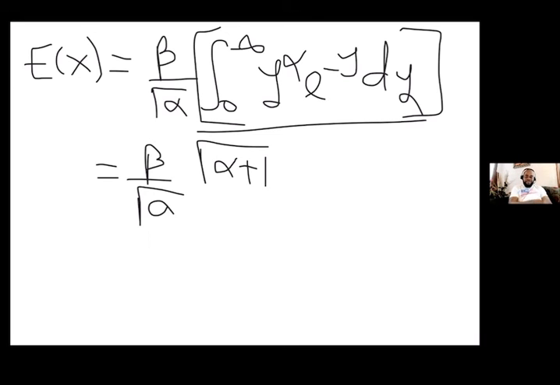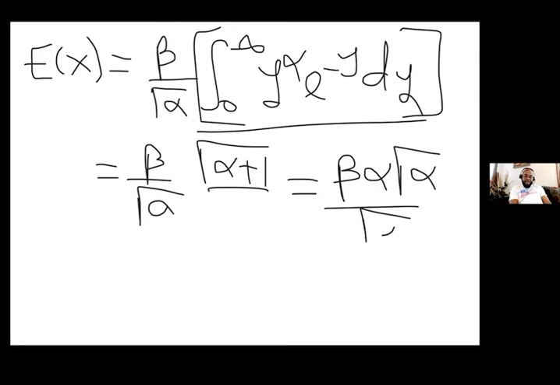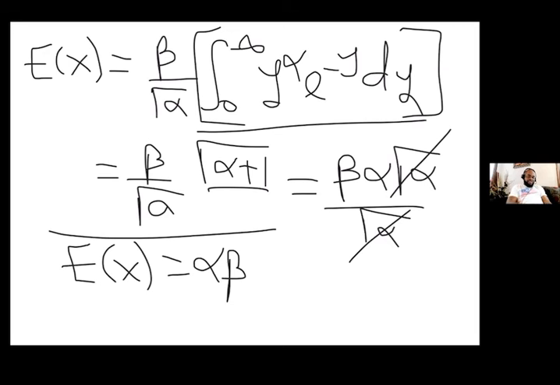That is what I have in the integral. We're using the idea of the gamma function now. And you know that gamma alpha plus 1 is the same thing as alpha times gamma alpha, divided by gamma alpha. What do I have now? I've already shown that the expected value of x is alpha beta. Did you guys see that? That is how to show that. Now you can do the same if you want to find the expected value of x squared. Then you can find the variance.